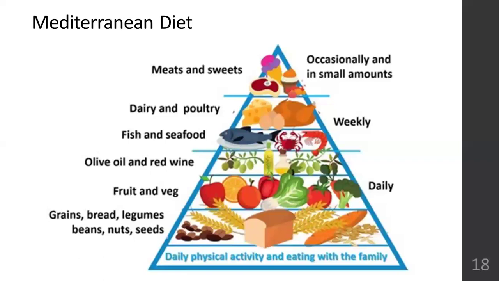Next is Mediterranean diet. So Mediterranean diet is something that will be very difficult for Indians to keep up because there are a lot of fruits and vegetables, but they are in their raw form. Okay. And olive oil is the main source of oil that they use. Okay. They don't use butter or ghee, anything like that, only olive oil. And red wine is a part of their diet. Okay. It's a very healthy diet. It's one of the best diets known to mankind that promotes good health.